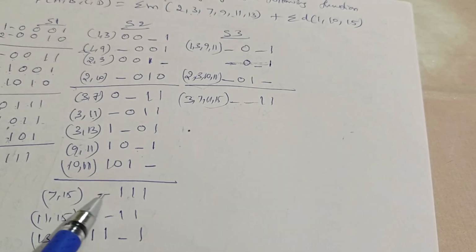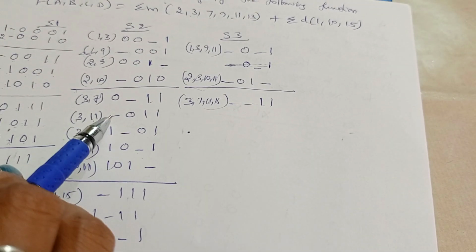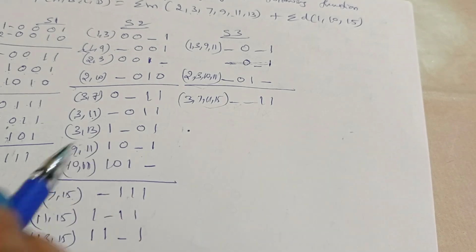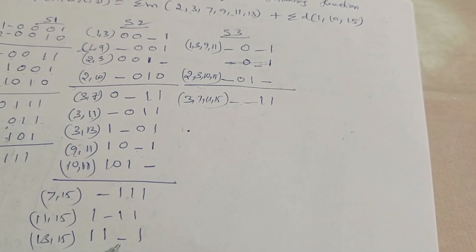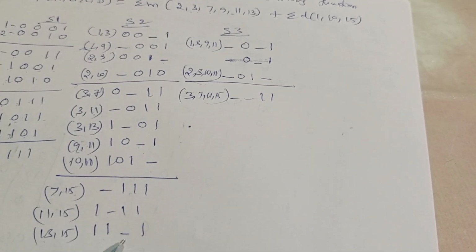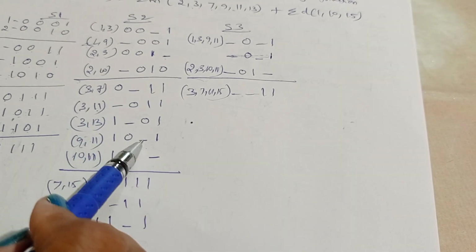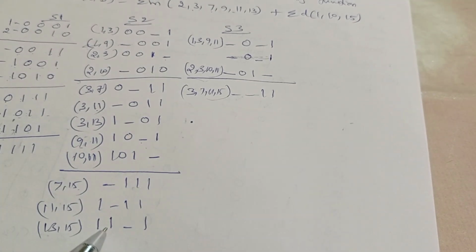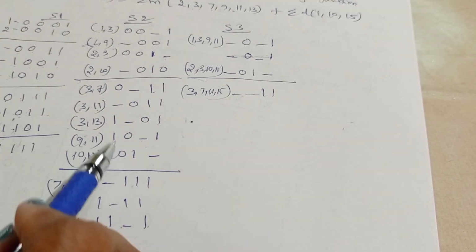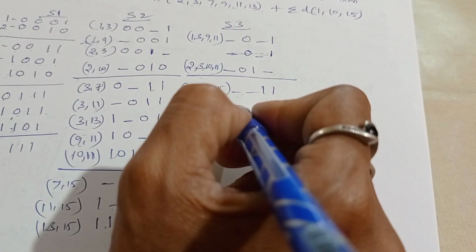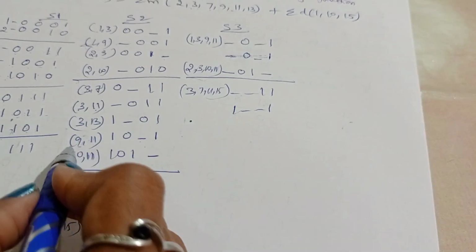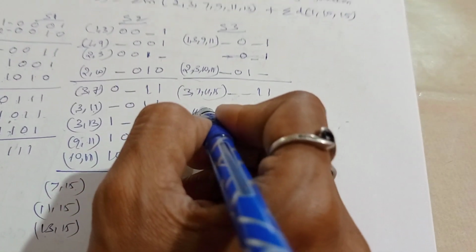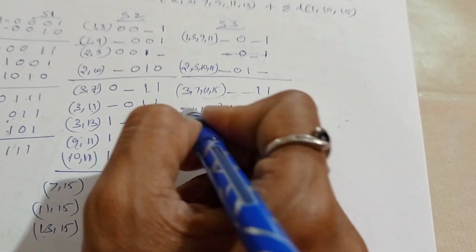Next. First place hyphen. We'll check first place hyphen. Only one. That is 3 11 7 15. Again same. So no need to repeat. Now coming to the second position hyphen. Second position hyphen only one. That is 1. It is changing hyphen hyphen 1. 1 hyphen hyphen 1. 9 11 13 15.